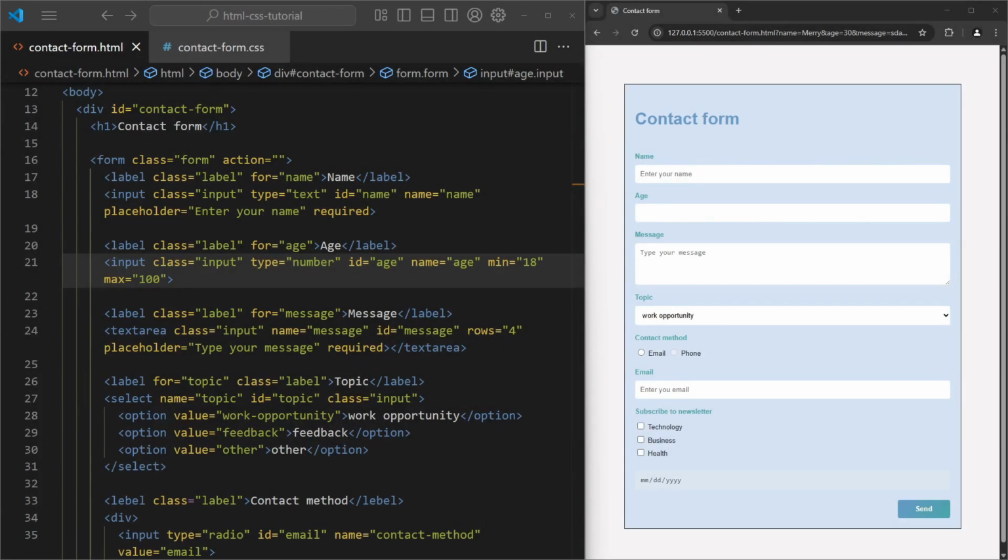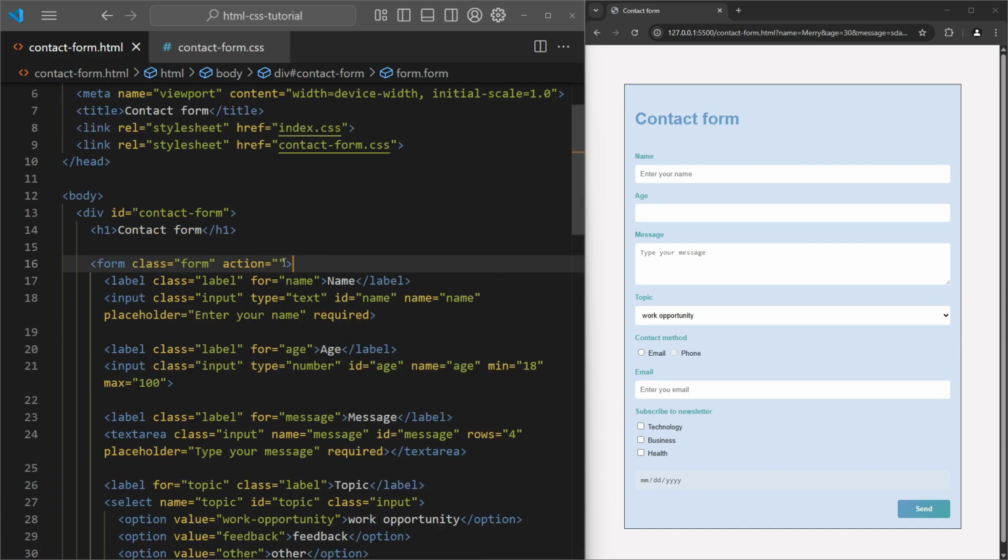Let's wrap up this chapter by making something actually happen when the user clicks the Submit button. When a user submits a form, an event is triggered. We can use this event to perform an action, like showing a message. So let's add onSubmit attribute to our form. The onSubmit event fires when the form is submitted.